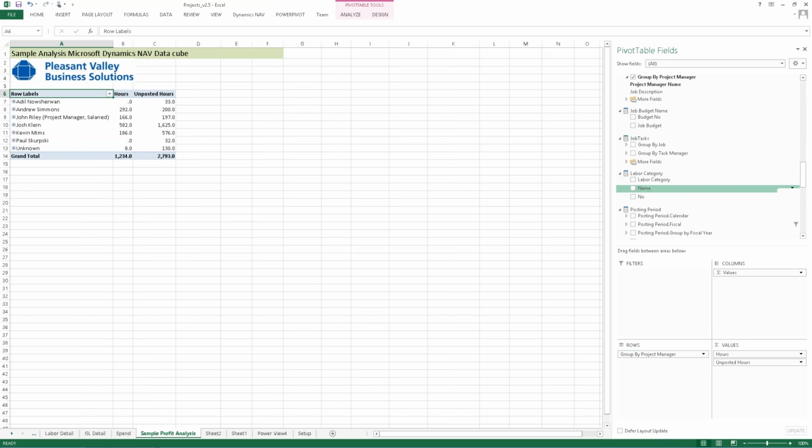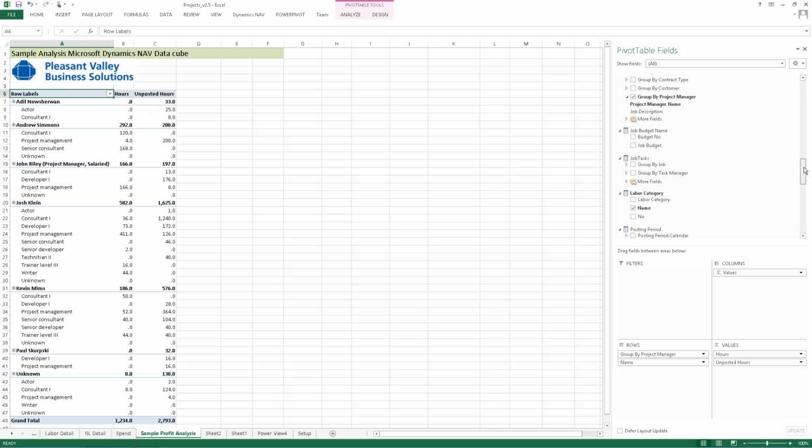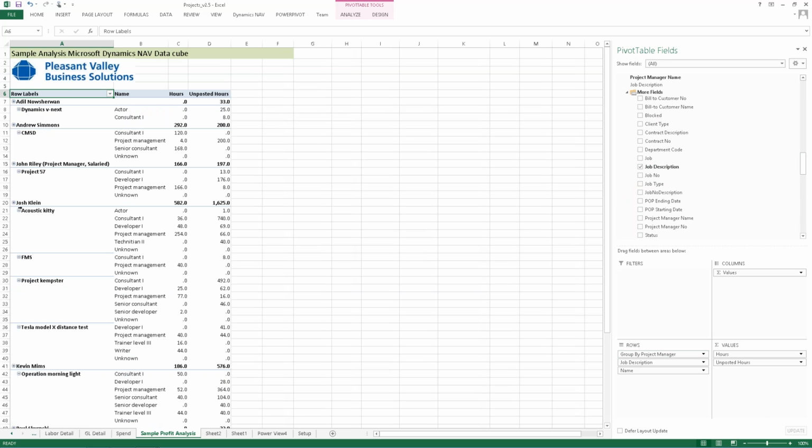So I'll grab the labor category name. Let's put that as a measure underneath of it. So I can see the different labor category names underneath the PMs. So in addition to labor category, maybe I should really look at it as project, then labor category. So let's grab the job, and then we'll look at it underneath the job as part of that hierarchy. So once I drop the job in there, now you can see by job, PM, job, labor category, hours, and unposted hours. So just one example, but the idea here is that this gives you that ability to query the